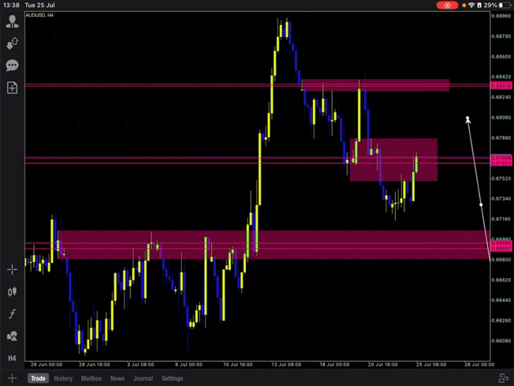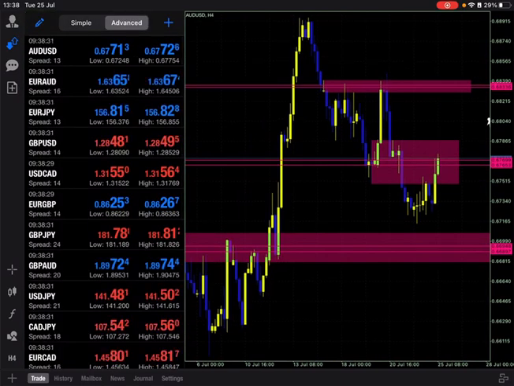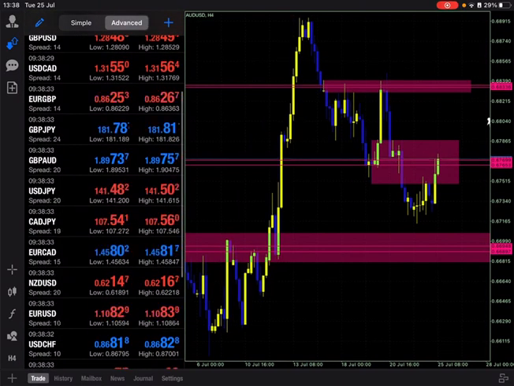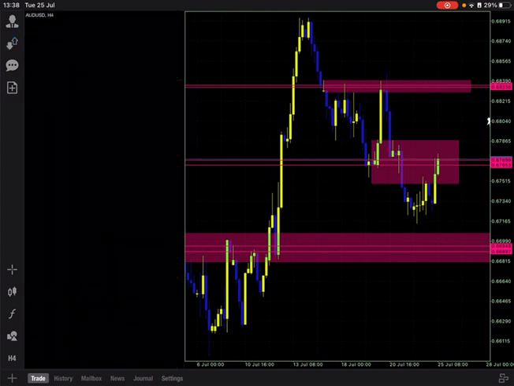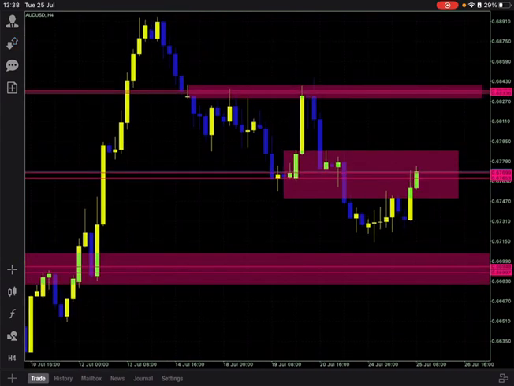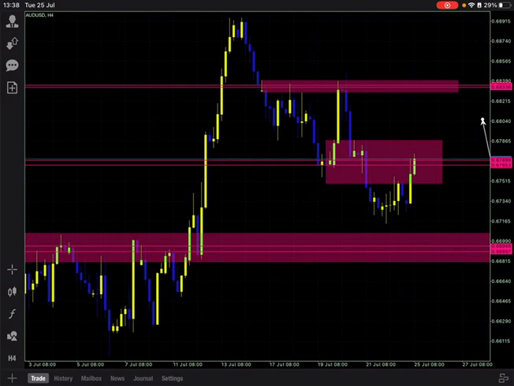Alrighty, let's start today off with the three pairs that you guys chose. You guys chose for me to map out AU, EA, and last but not least, to map from scratch, CAD JPY. Okay, so starting with AUD USD, something to be mindful of is we do have high impact news